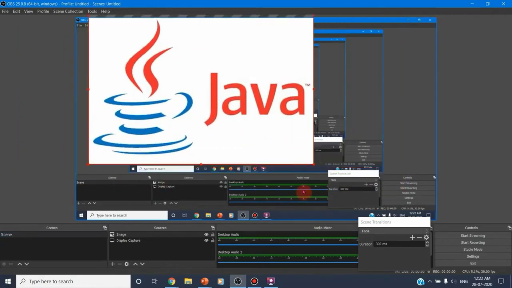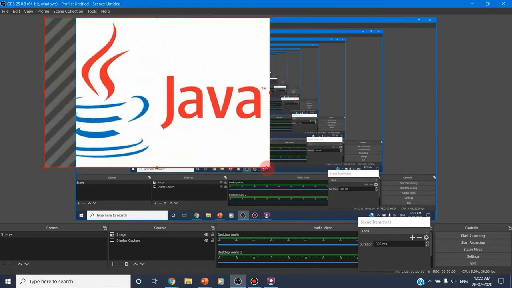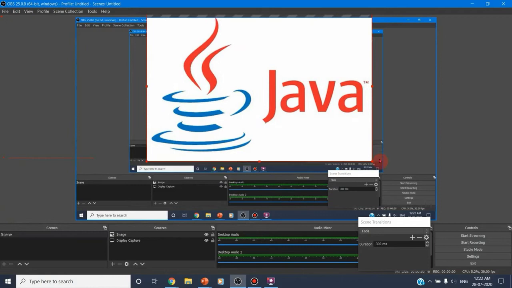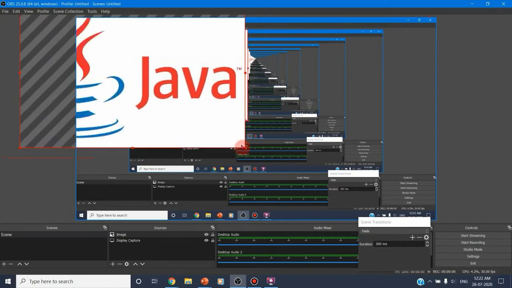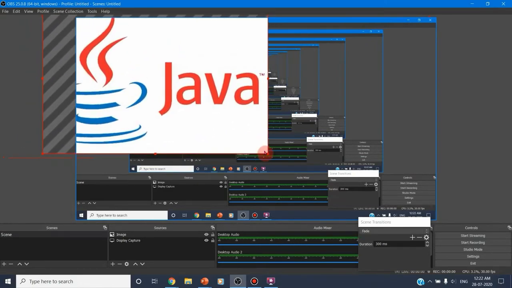Now you can decide in which part this Java image should lie. So this is your display screen. Where you wish this Java image to be placed, either at the bottom or top or in the center or at the right, wherever we wish we can place it. But according to the slide you can decide. Even instead of this image you can include your face. If you turn on your camera, you can include your scene.